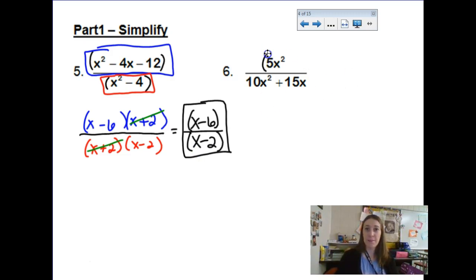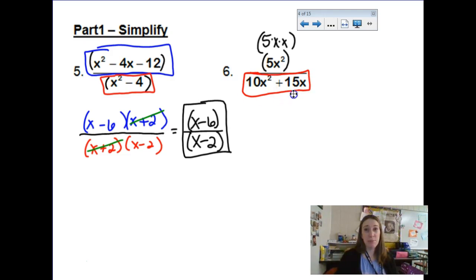Alright, this next one. 5x squared, this is a monomial. I'm going to put parentheses around it, but monomials are a little tricky because you can break them up into a series of products. Like, instead of x squared, I can write it as x times x. So if you'd like to do that, you sure can. You can write it as 5 times x times x. Sometimes kids like to see it that way, and then they can pull off pieces of the monomial when they go to reduce. But this denominator,